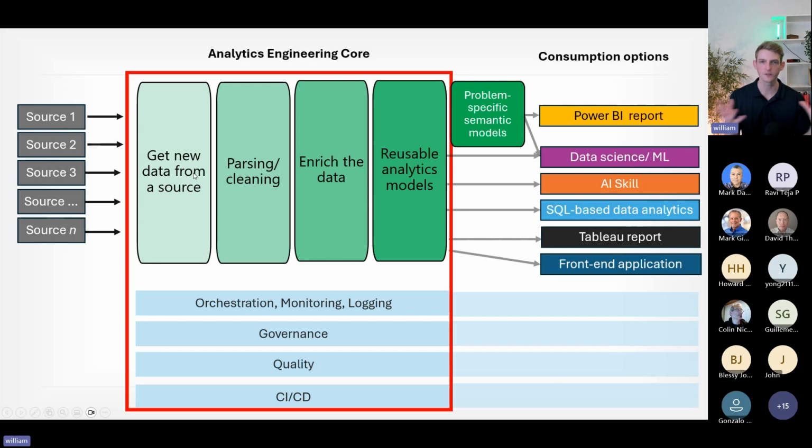Sometimes you hear, okay, what's the difference between a data engineer and an analytics engineer? For me, in some companies they'll be the same person, in a lot of companies, in fact. But if you're lucky enough to have a distinction between both, it will probably be that the data engineer spends a lot more time on this side, creating new connections, especially for connections that don't have an official connector, like REST API calls, that sort of thing. And also more generally around orchestration, monitoring, and logging. They're pretty classic data engineering tools,